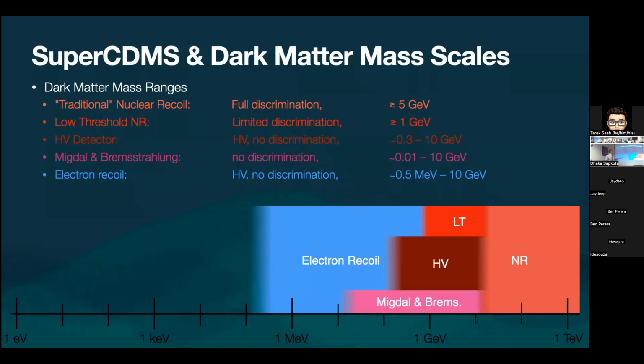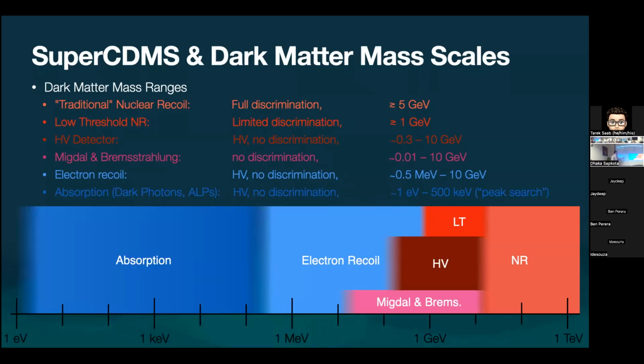And then below that, you'd be sensitive to another class of particles that interact in a very different way, kind of like absorbing a photon. This would be a dark matter particle absorbed, rather than an elastic scattering interaction, which I talked to you about. It's a totally inelastic interaction. It'd be absorbed by the electron in your atom, you eject it, and then you observe the ejected electron after that. But this gives us a mass scale running from the 1 eV scale to 1 TeV, 12 orders of magnitude that you can potentially be sensitive to with these types of devices.